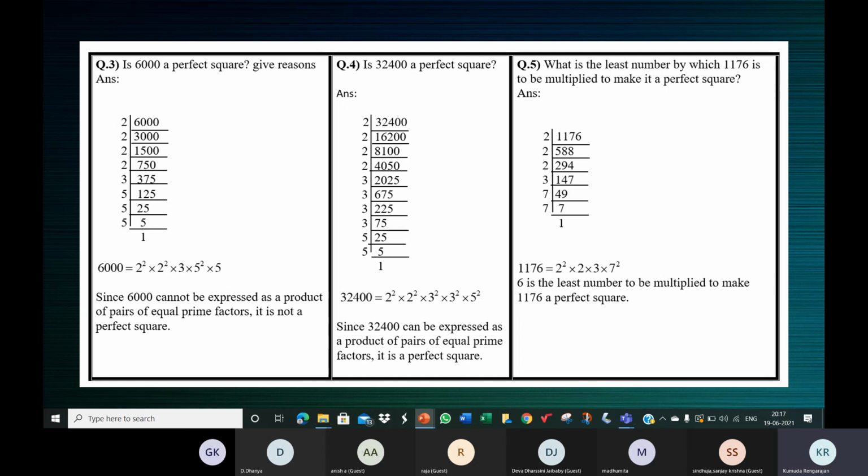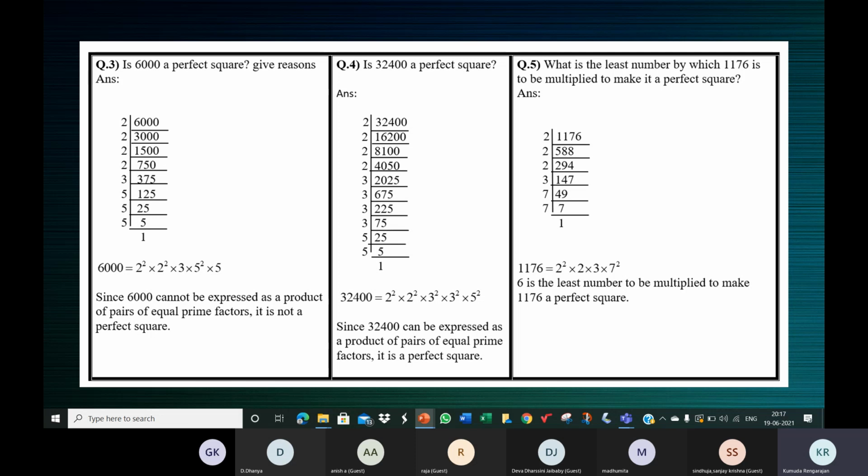All right. So I'm just reading from Madhumita's answer. She has taken 5 first. 40,425 divided by 5 is 8,085. 8,085 divided by 5 is 1,617. 1,617 divided by 3 is 539. 539 divided by 7 is 77. Then again by 7, 11, and 11 ones.